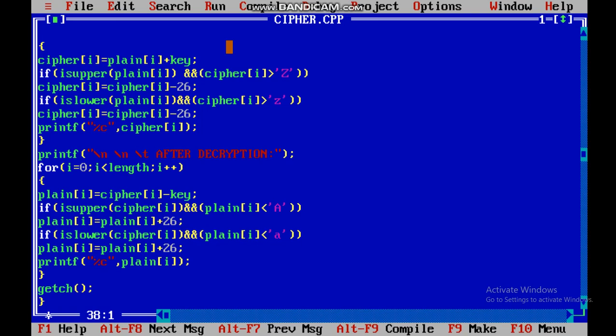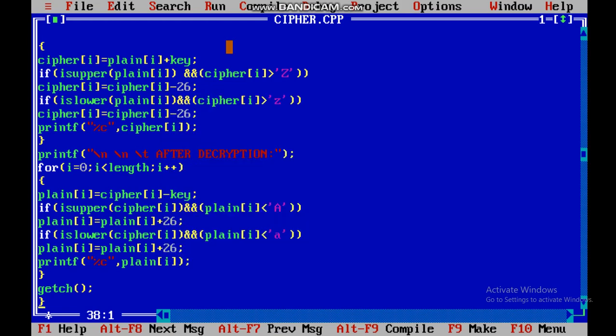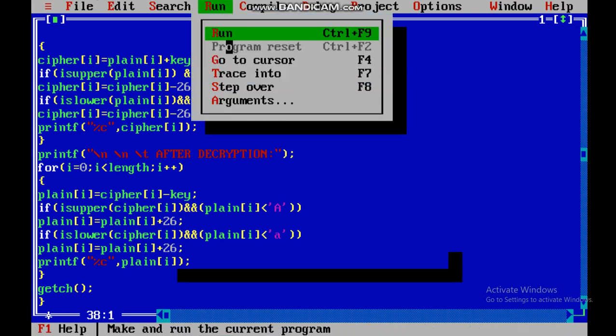Fine. So now we can compile our program. Here compilation is successful. Now we have to run our program.